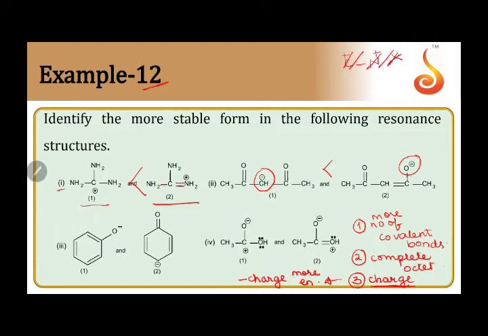Coming to option 3, once again we can see that the covalent bonds are the same and there is no atom with an incomplete octet. So going to the next point, here we have a negative charge on oxygen, here we have a negative charge on carbon. Once again, the first species is more stable than the second because the negative charge is on the more electronegative atom, and oxygen is more electronegative than carbon. Coming to the fourth one here,